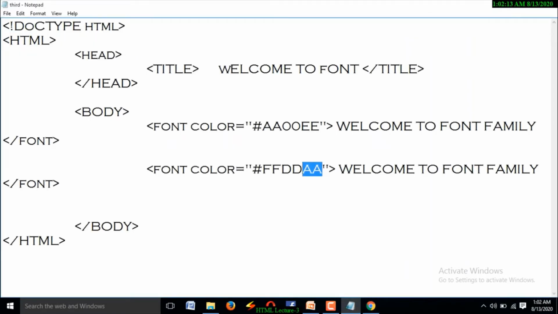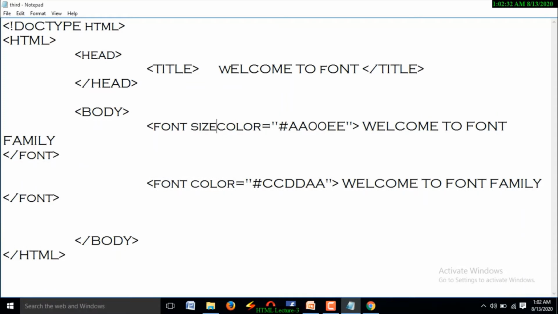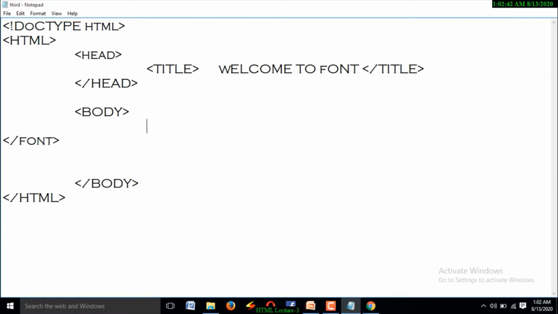See, I am going to change this, and here I am going to add one more attribute called font size. I don't want to include the font color.